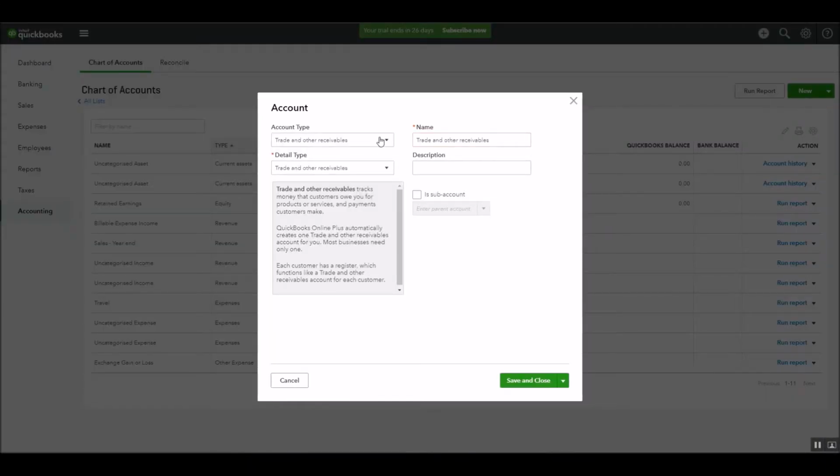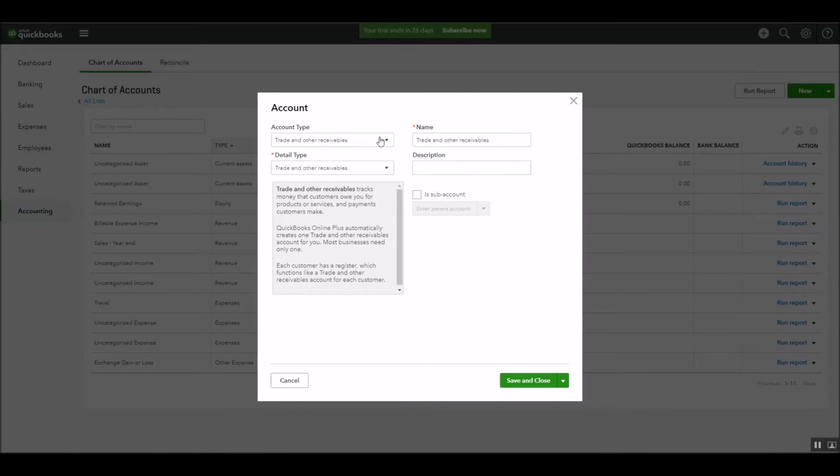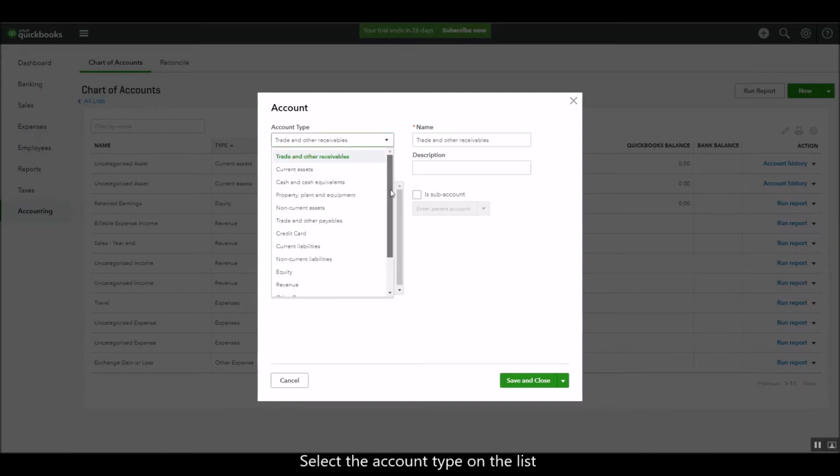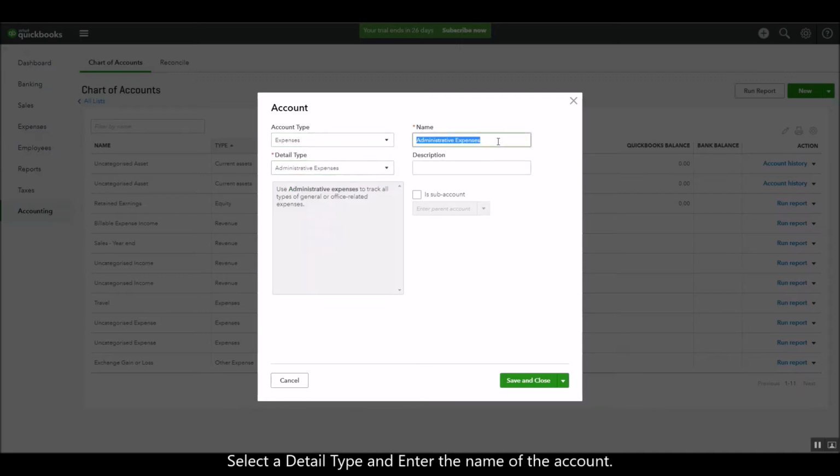When creating an account in QuickBooks, you can choose to create either a parent or a sub-account. So right now I'm going to show you how to create a parent account. First off, select the account type on the list. Select a detail type, and then enter the name of the account. You can also add in a short description on what this account is about, and then click on Save and